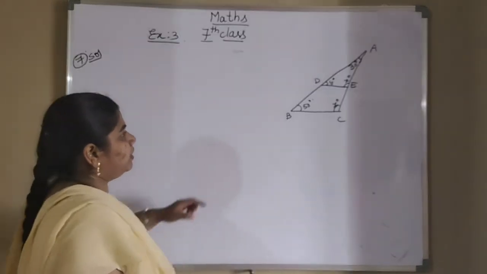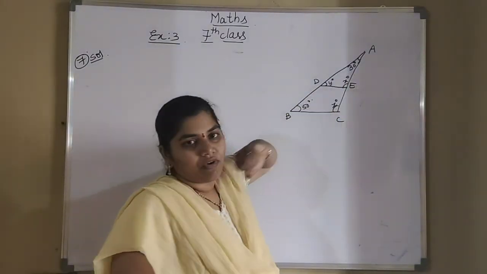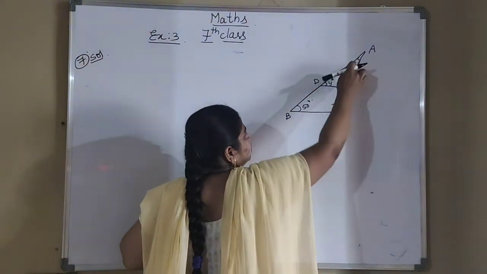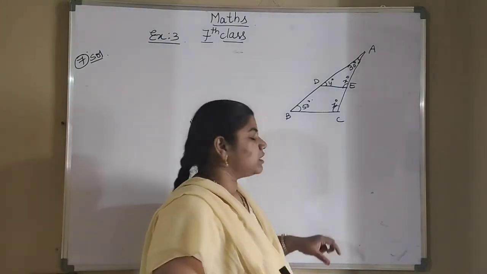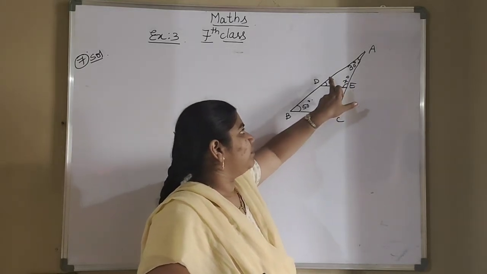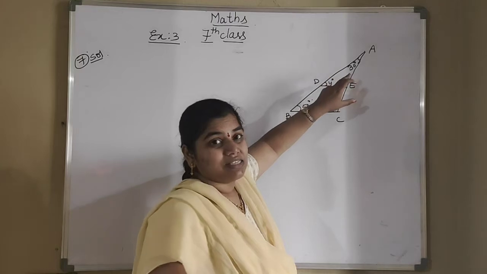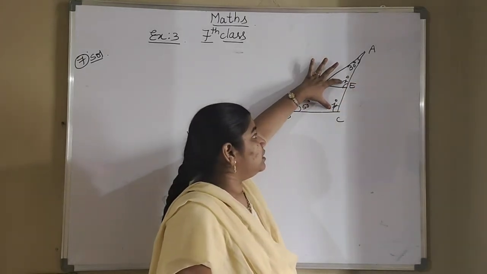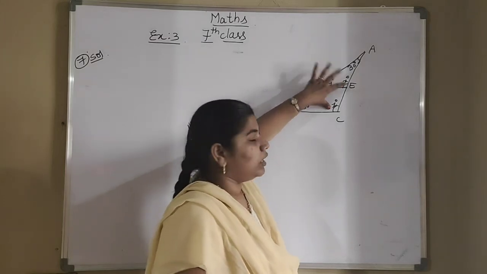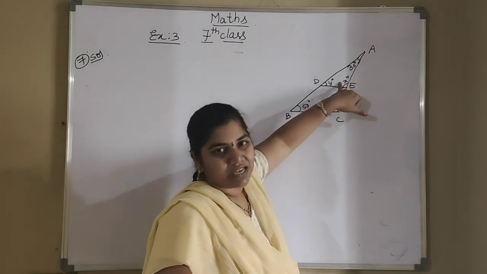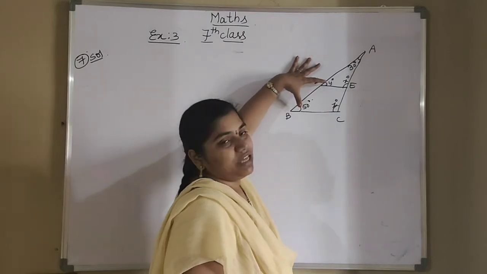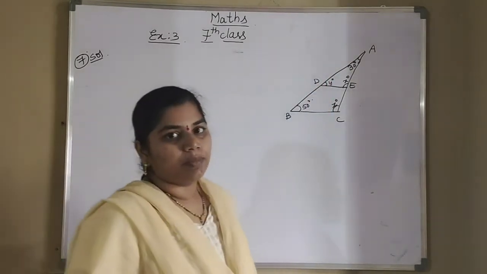First, before finding x and y, I am finding this z value by using the angle sum property. Sum of three angles will be equal to 180 degrees. By using the angle sum property, we can find the z value. After getting the z value, you can find x and y. In lines and angles, I told you about these angles. These two angles are corresponding angles, and corresponding angles are always equal. So if you get this z value, automatically you will get this x value. In the same way, these two angles are corresponding angles and will be equal. So if it is 50, the y value will also be equal to 50.